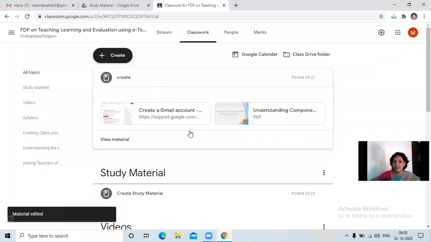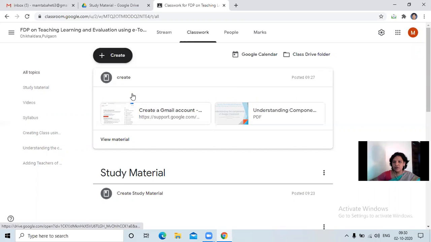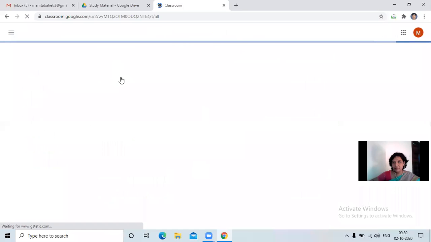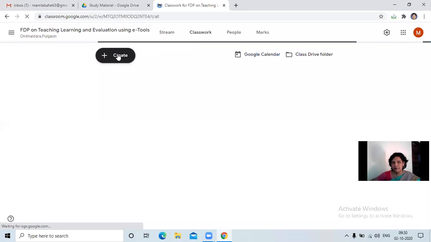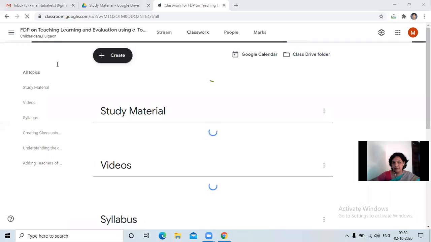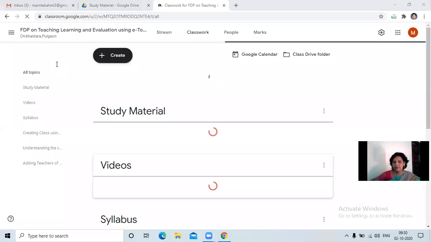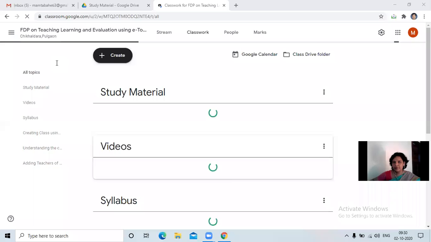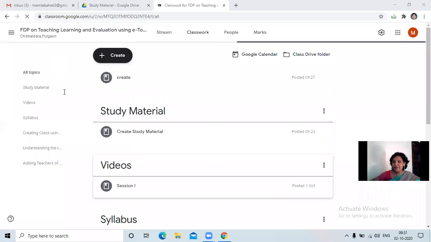So here we will see that the material is edited. Now you will see it is not posted, but it is edited. I hope everyone is finding it very interesting.